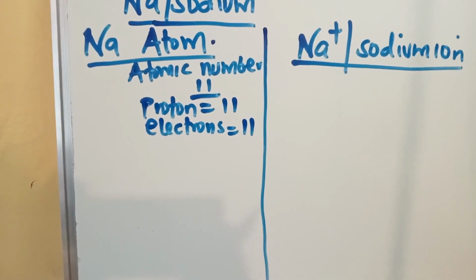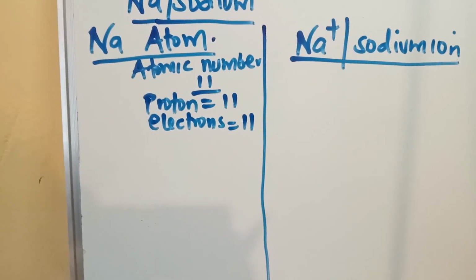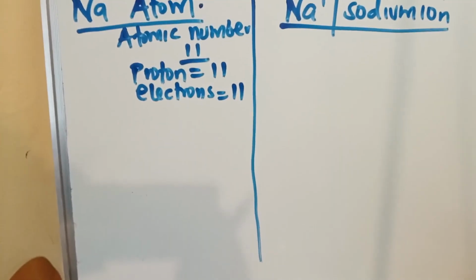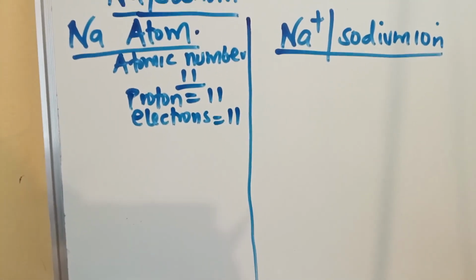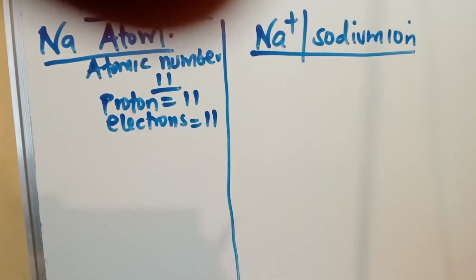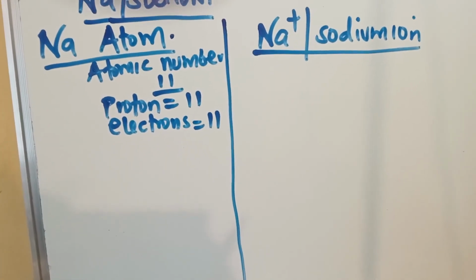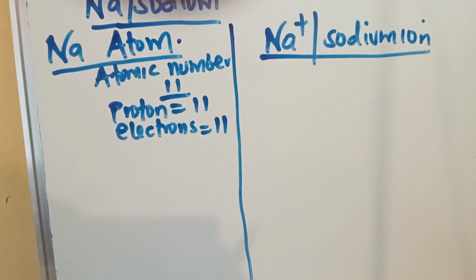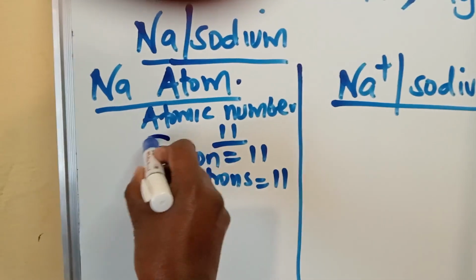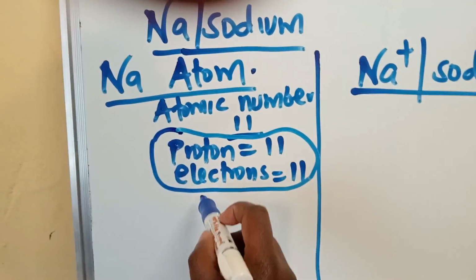Atomic number, number of protons, and the number of electrons, all of them are the same. So that is another major point for you to note. Atomic number, number of protons, number of electrons are all the same in any given atom. These two, now that they are equal, they are the ones that are making an atom